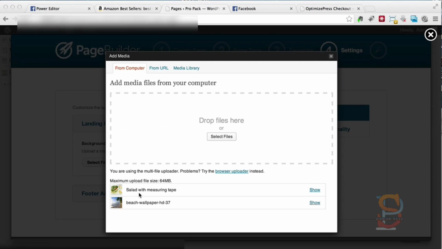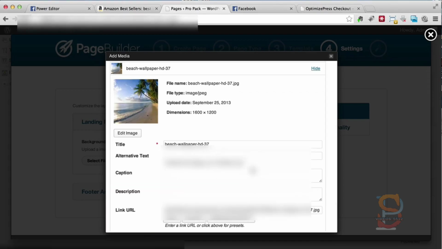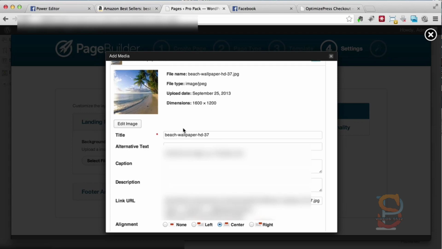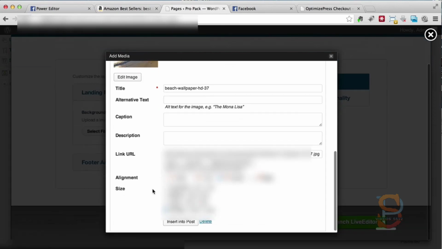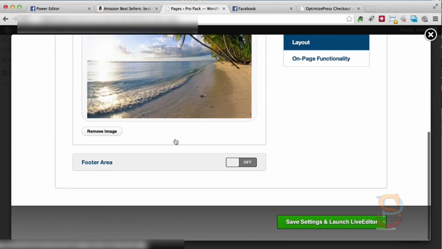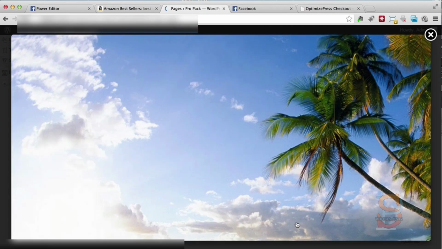Okay, I'm back. I have uploaded 2 images that we can use. The first one that is really widely used in the internet marketing squeeze page is a wallpaper of a beach, something that looks really nice and kind of calms you down. I'll explain the philosophy behind using that. First, let me insert it into the post, and then I'm going to go ahead and explain what the beach fuss is all about. A lot of marketers use it for internet marketing squeeze pages and also for other squeeze pages